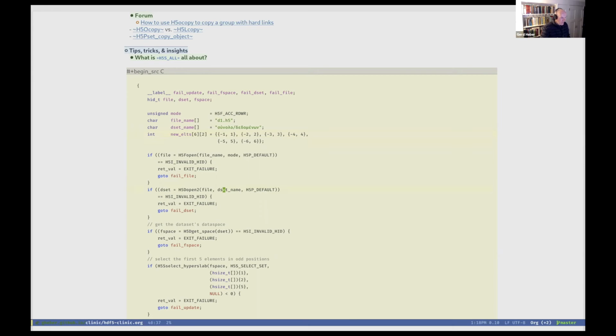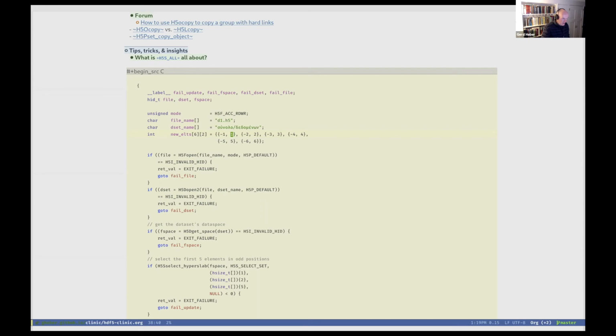But what we will do, and we do that down here, is make a hyperslab selection where we basically pick out, in each row, we have a negative column and a positive column. We'll pick out the positive column except in the last row. So we will not write that 6, but otherwise we will pick out 1, 2, 3, 4, and 5 and write those into our